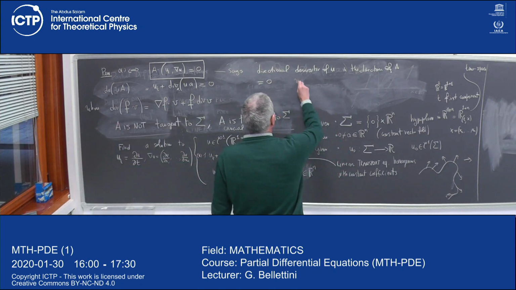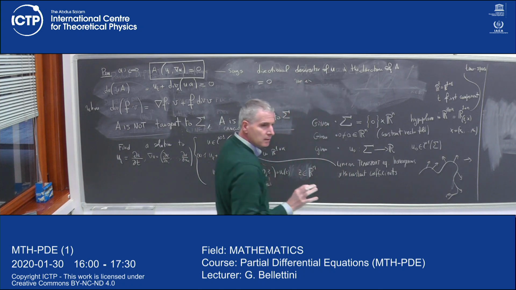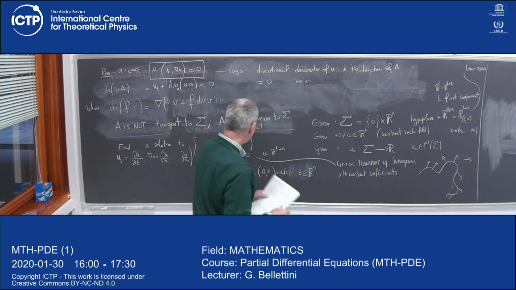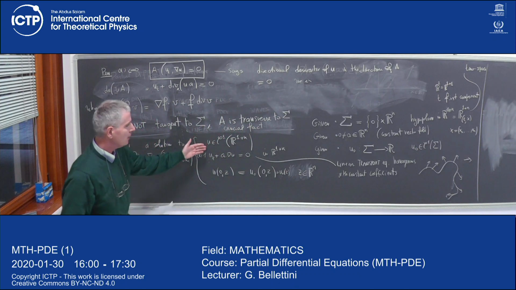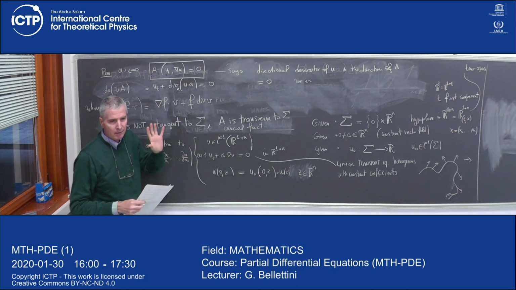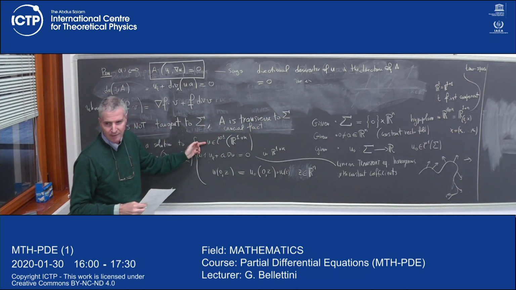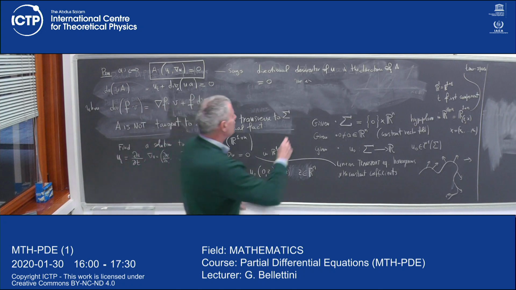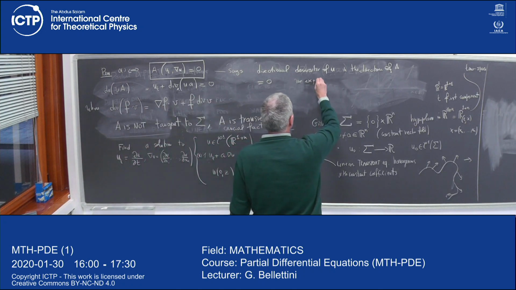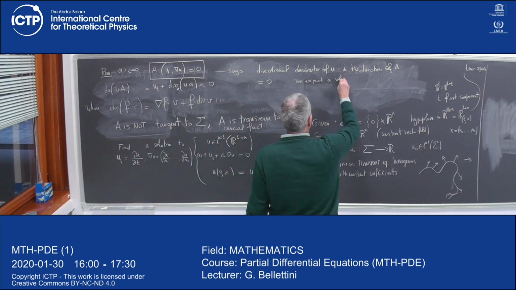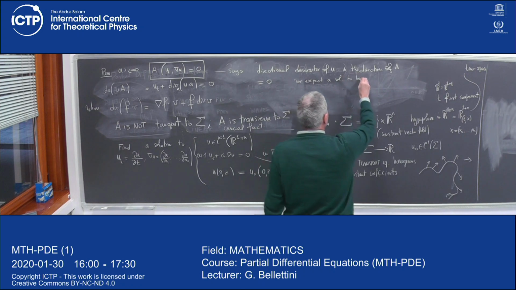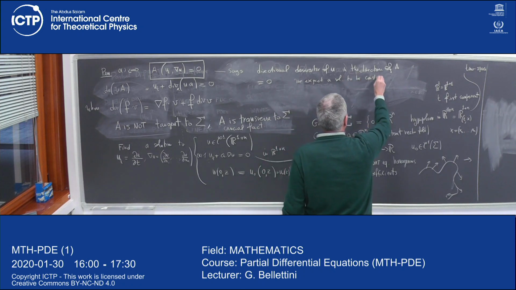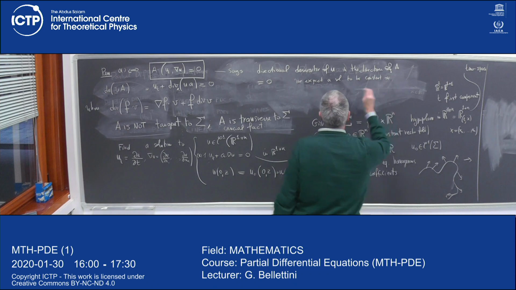So we expect, if a solution exists, and the first condition is very relevant actually, don't forget the first condition, if we expect a solution, if it exists, to be constant on all lines